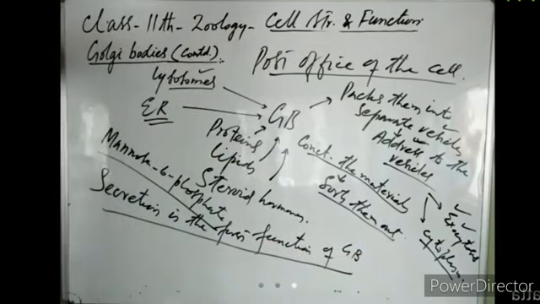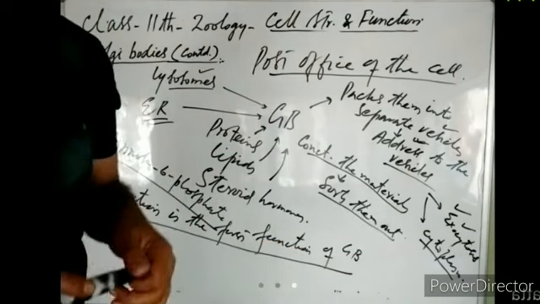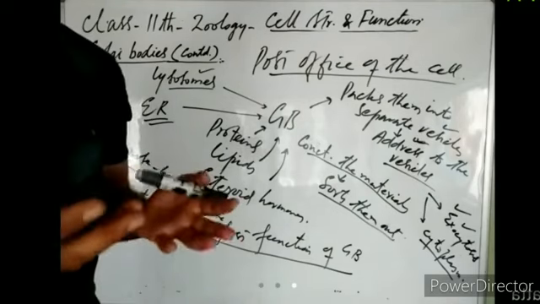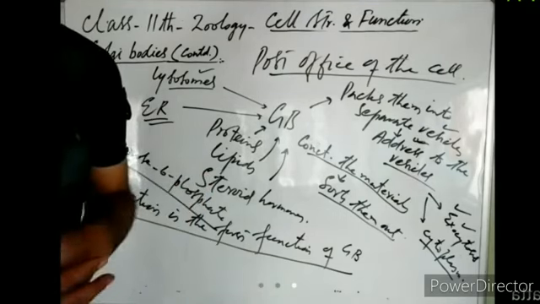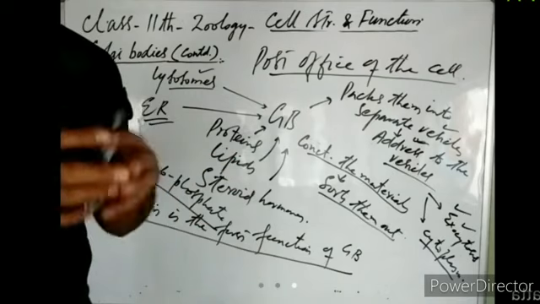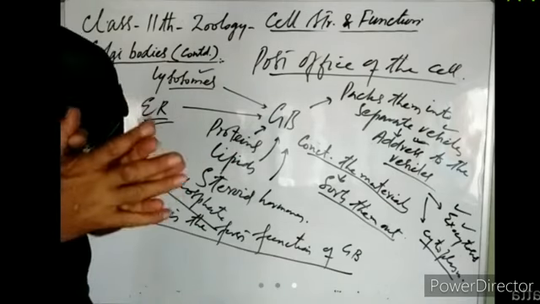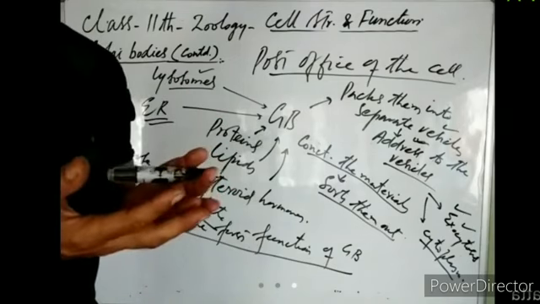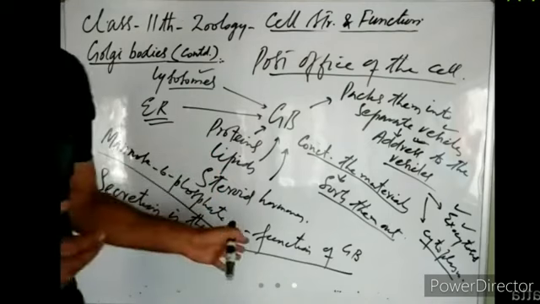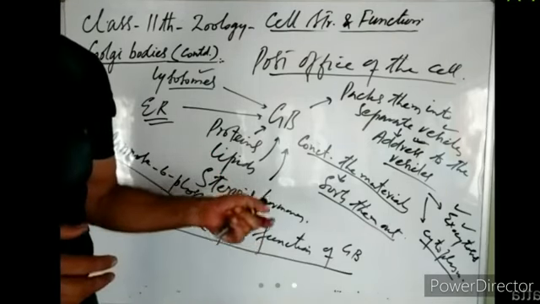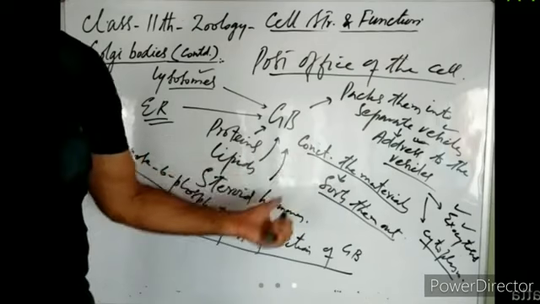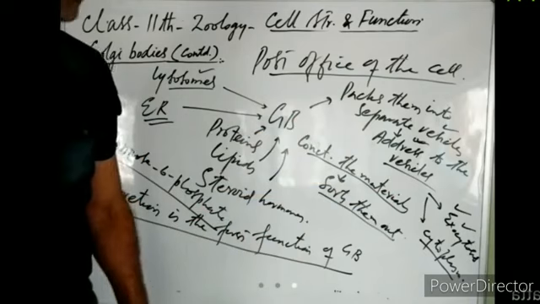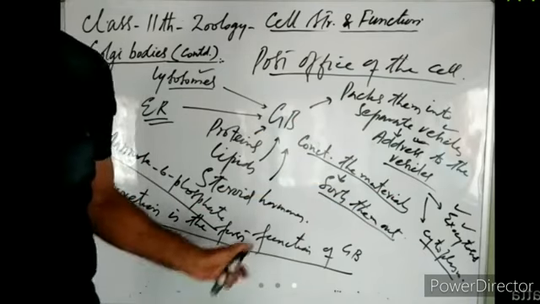Now, what does Golgi body secrete? A Golgi body may secrete proteins. A Golgi body may secrete lipids. A Golgi body may secrete steroids. A Golgi body may secrete enzymes. A Golgi body may secrete hormones, right? So it receives the materials, it packs them, it concentrates them, then it secretes those materials. So secretion is the main function of Golgi body. It may deliver these materials, proteins, lipids, steroids, hormones, enzymes out of the cell by exocytosis. So that is the first function of Golgi body, secretion, right?